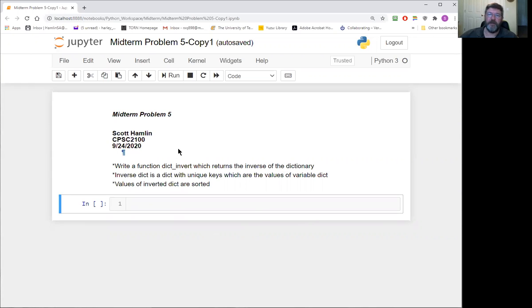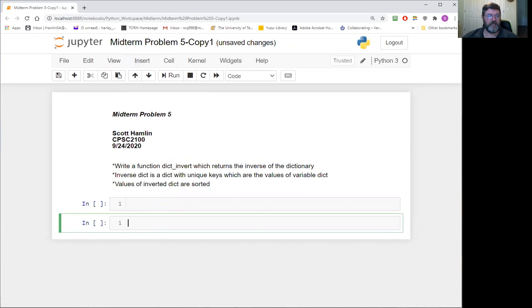My name is Scott Hamlin, and we will be writing a function today called dict invert, which returns the inverse of a dictionary. Let me insert and put out the test cases so we can show you what we're actually inverting. So this is our dictionary,